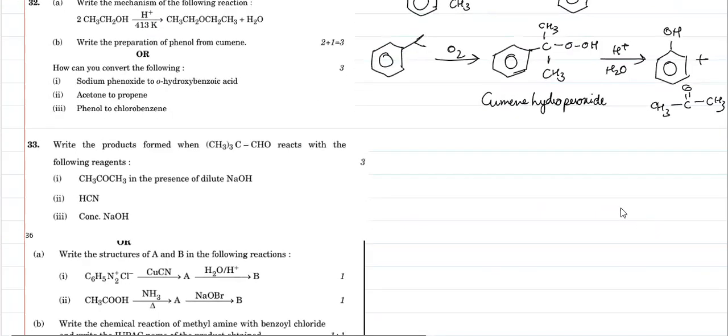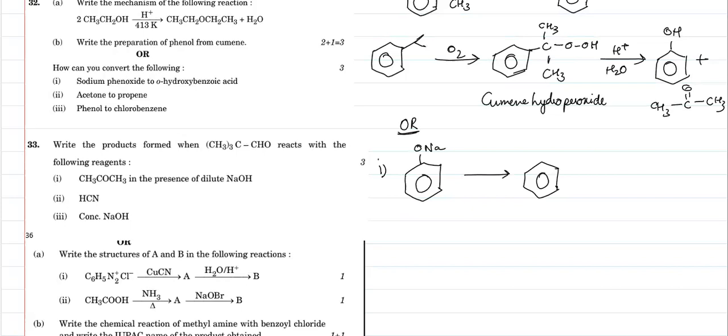The next question is, how do we convert the following? And this is the OR part of the same question. So I'm just going to mention that. We have to convert sodium phenoxide to orthohydroxybenzoic acid. Now, sodium phenoxide, orthohydroxybenzoic acid, all of these are such complicated names. So let's just draw the structures first. So sodium phenoxide is basically O and Na, where a hydrogen has been replaced by a sodium atom. And this has to be converted to